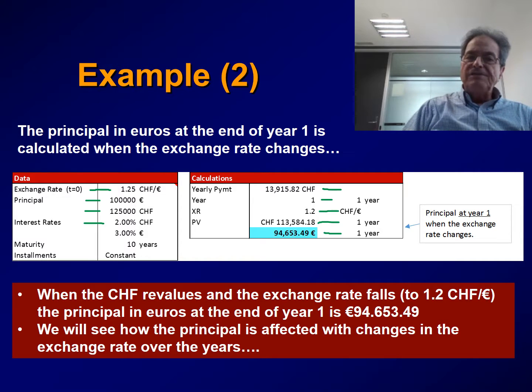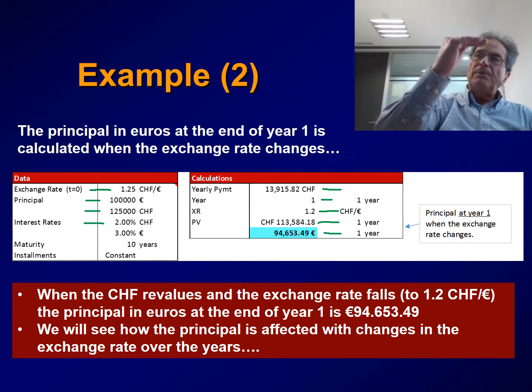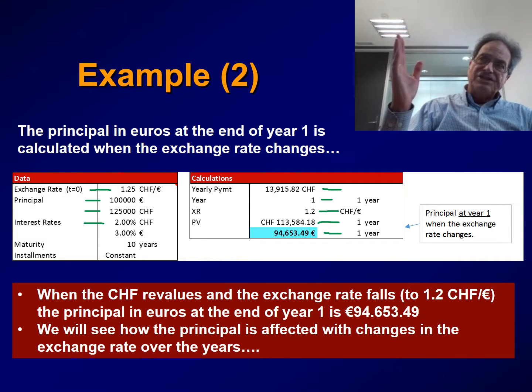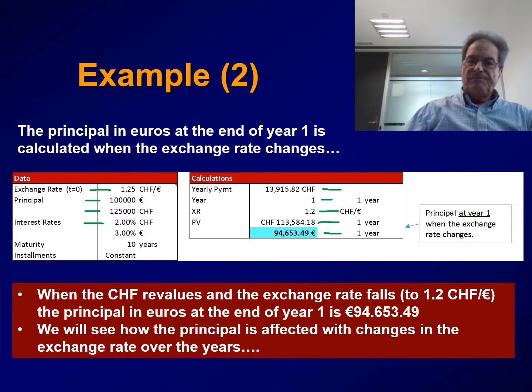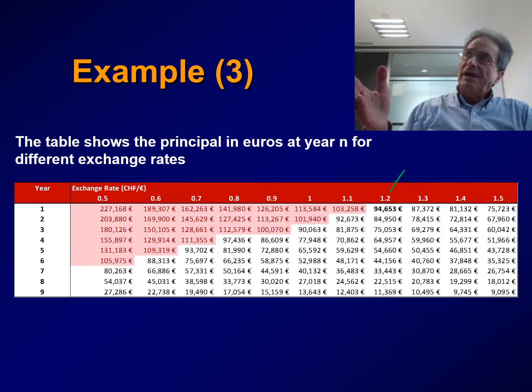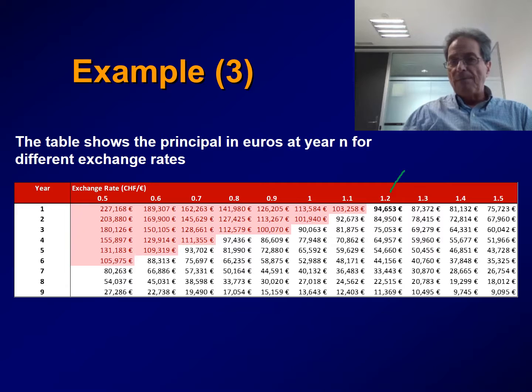Let's see now how this principal is affected with changes in the exchange rate over the years. Meaning, what will be my principal at the end of year one, at the end of year 2, 3, 4, etc., assuming that the exchange rate varies over time. We can observe that in this table. We started with an exchange rate of 1.25, and the calculations that we showed before correspond to the case in which the exchange rate goes to 1.2 at the end of year one. So we saw that the principal in terms of euros at the end of year one was